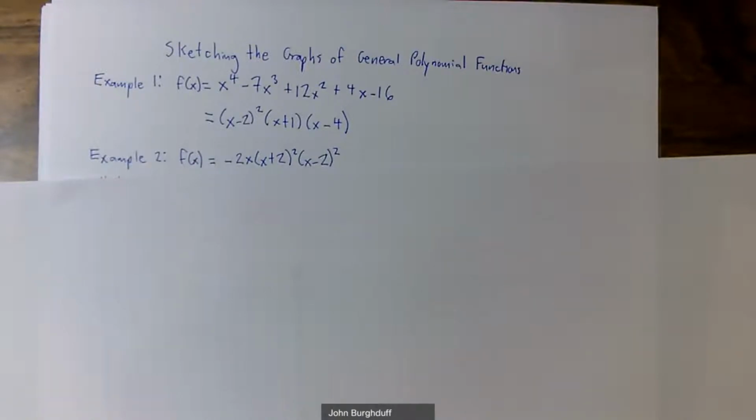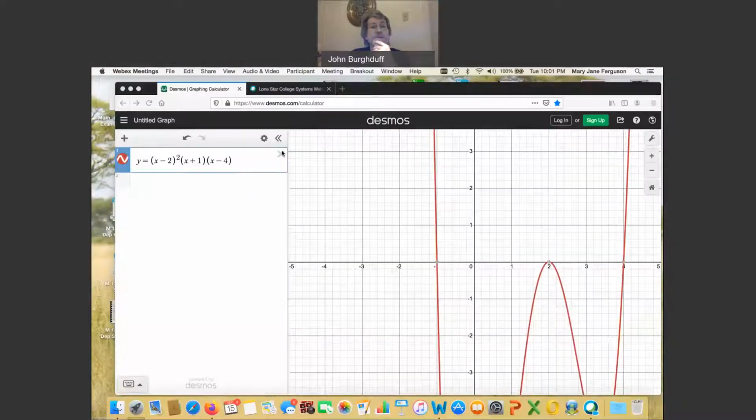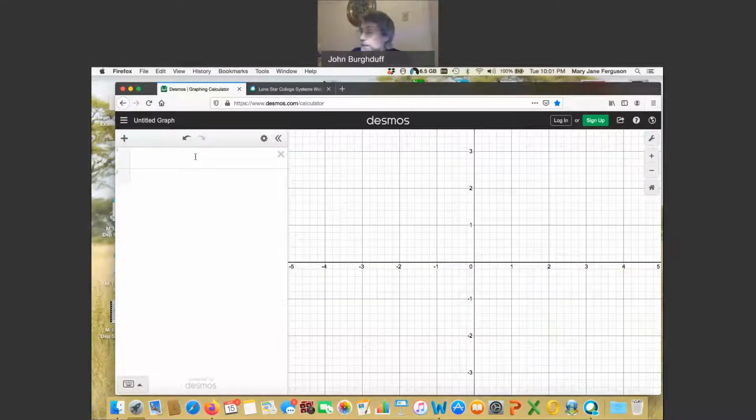So let me go back to Desmos, and we're going to graph that function. We're going to leave that one in factored form so I can show you. So we're going to go back to the other camera. I am going to share my screen again. And we're back here. Let's change the function. Get rid of that one and write in the new one, which is this. y is equal to negative 2x times x plus 2